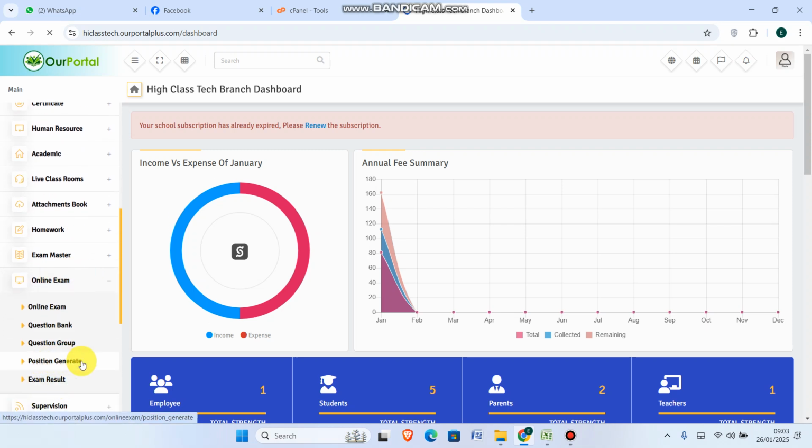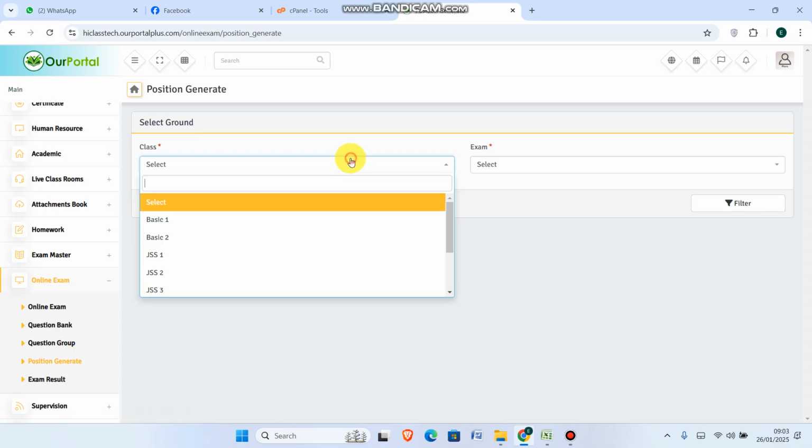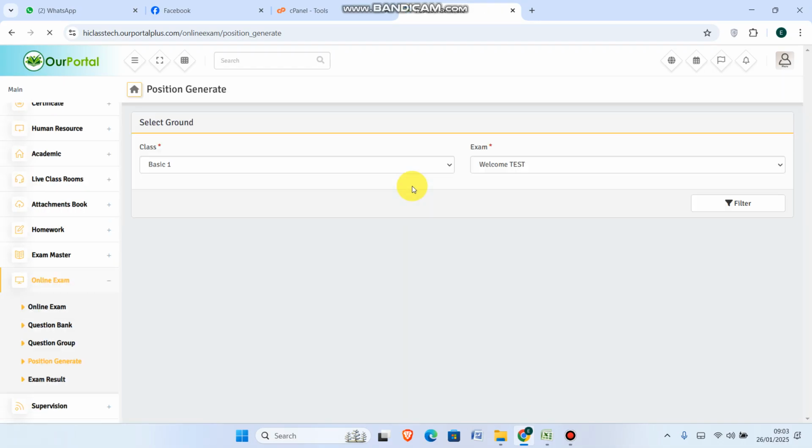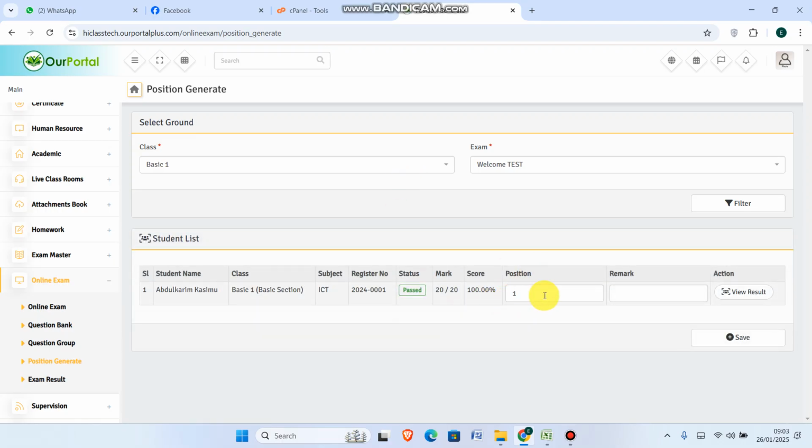From here I can come here to generate position for the exam. I will check the context. So we have the position. If there are many, it will list all of them here. So the position is based on the score they have. So position 1, so good performance. Then I will save. I think that's about online exam,